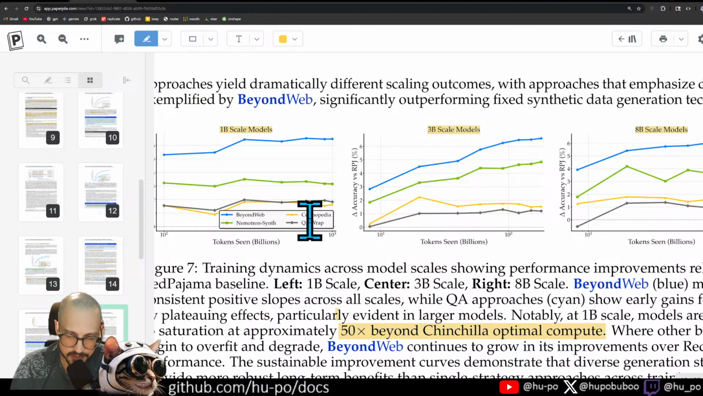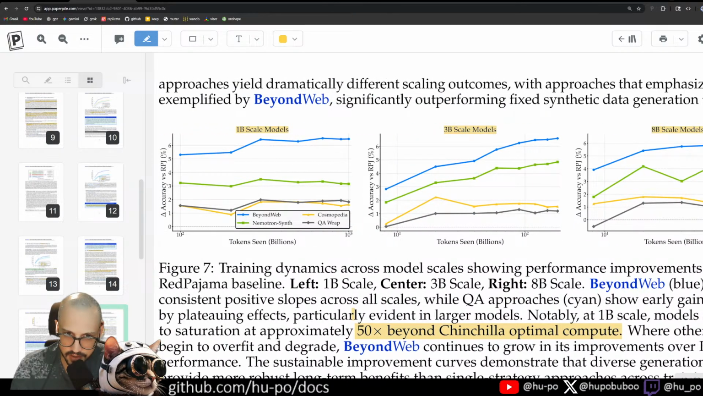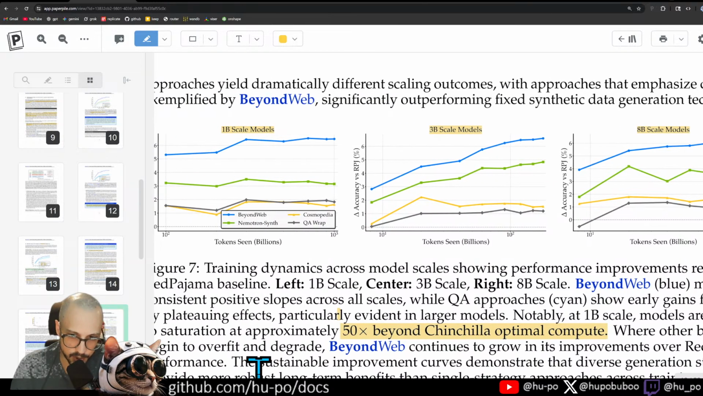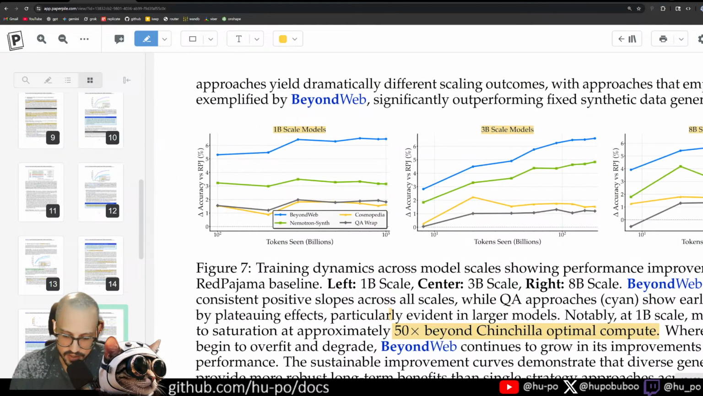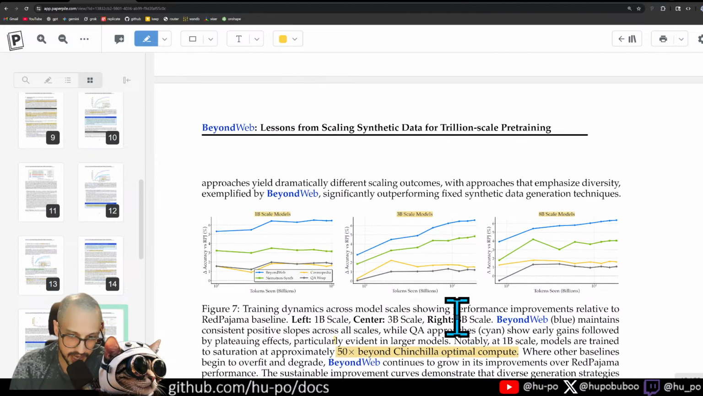Cosmopedia and QA Wrap. Cosmopedia is the generative paradigm. QA Wrap turns it into question answer, so kind of like the conversational, and then Nematron Synth is the filtering and rephrasing. So filter rephrase works slightly better than Cosmopedia QA Wrap, but Beyond Web, which is all of them together, beats all across all scales. Really what they're trying to show in this experiment is that this isn't something specific to one scale of model, but similar to the Chinchilla,